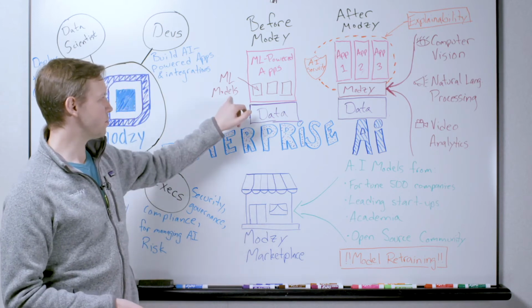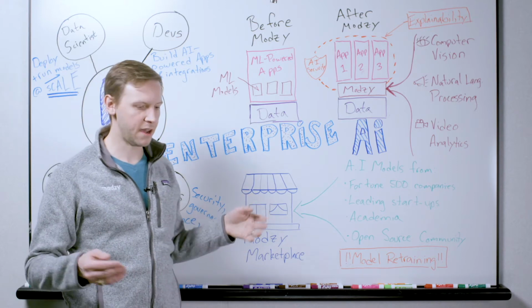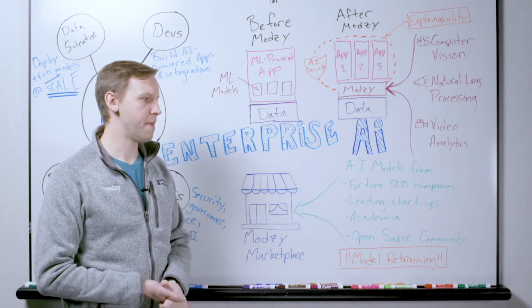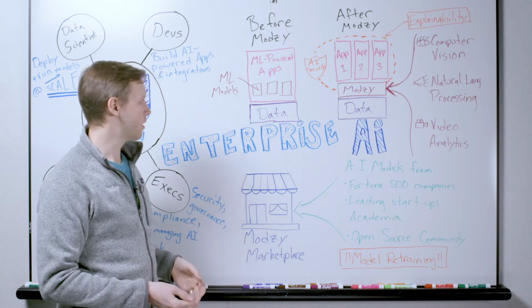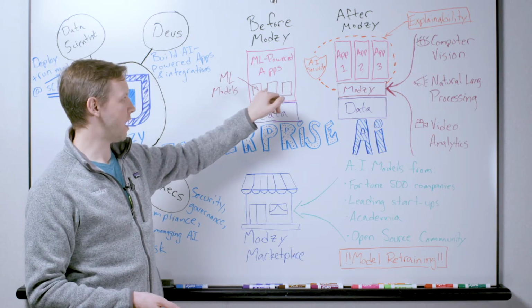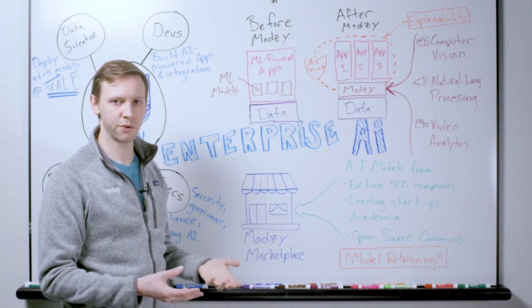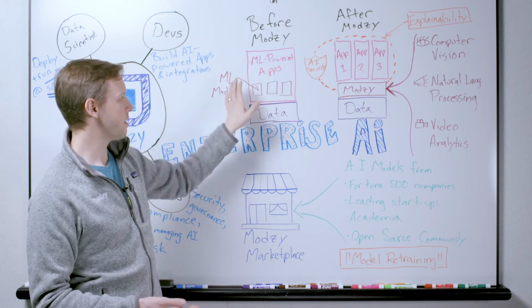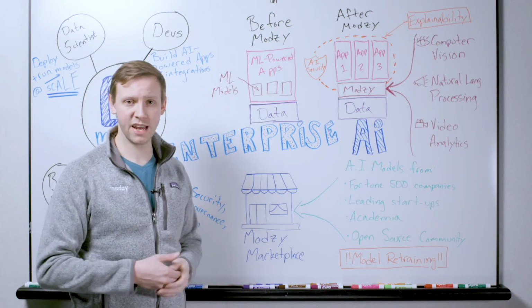So you'd build some of these machine learning models to do a specific task, maybe identify a person in a video, maybe translate language from one language to another. That's great. Once you build these models and you want to build an application to actually use them that a human can interact with, you have to build this big monolith where you're integrating all these models, maybe spaghetti coding all the inputs and outputs together.